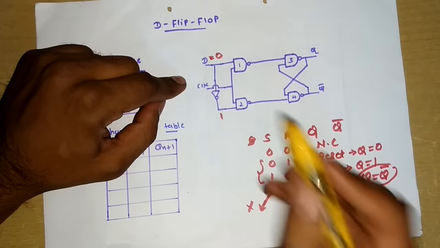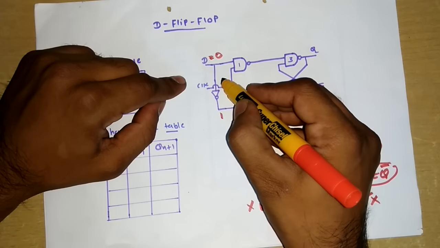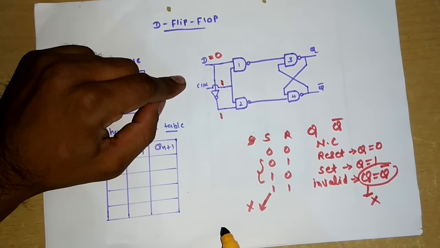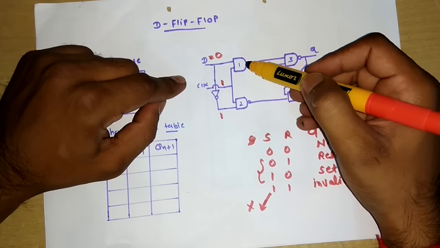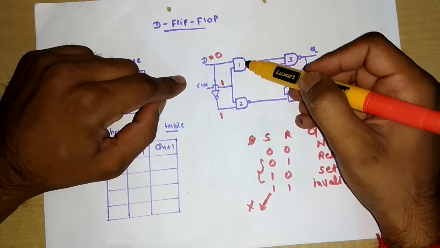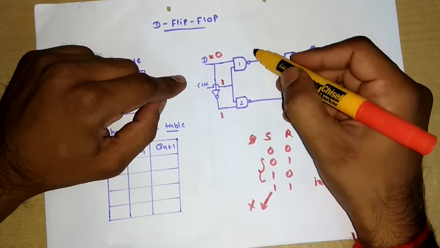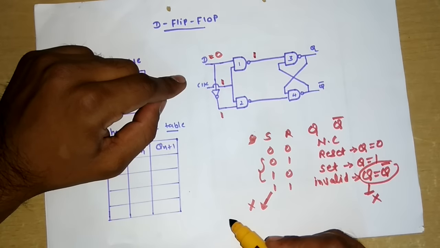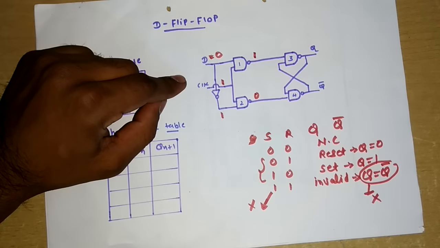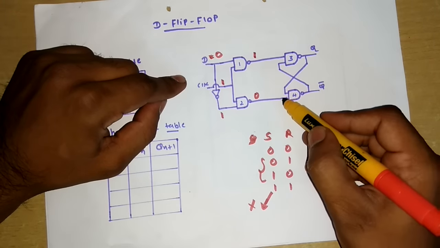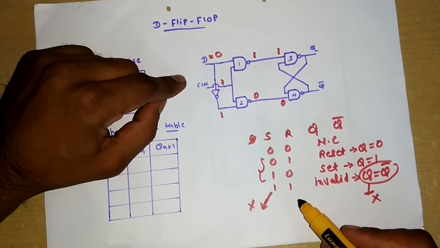So this becomes 1, right? Now we know the logic. Let's say assuming the clock is having the positive edge. The logic of NAND gate says that if any input is 0, your output becomes 1. So by default, due to this 0, your output becomes 1 here. Here both the inputs are 1, so the output of NAND gate is 0. So here we get 0 input, here we get 1 input to the third and fourth NAND gate.